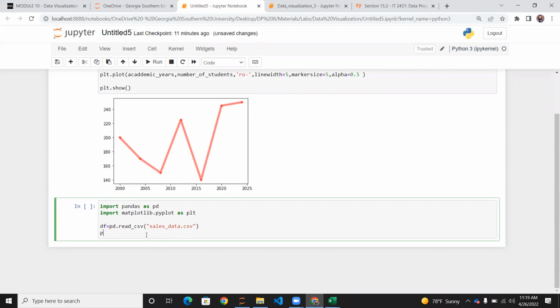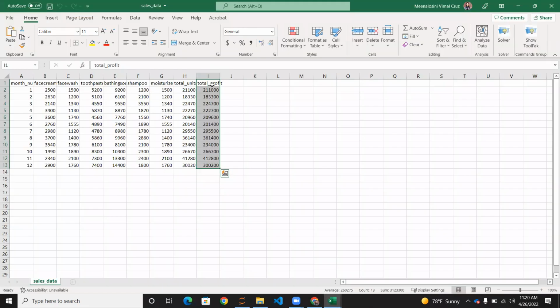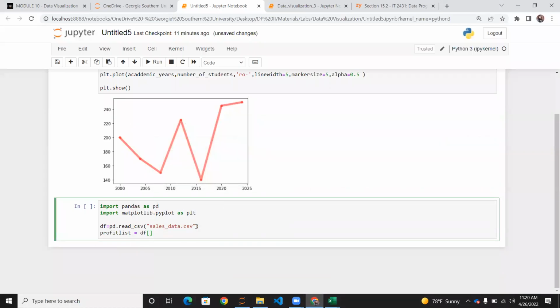Now we are going to create variables to hold the first column, which is the month, and the last column, which is the profit. So first let's read the last column and save it in the variable profit list. We have saved that CSV file in df. So in the variable df, we want to read the last column. What is the name of the column? The name of the column is total profit. So I'm just going to copy this column name